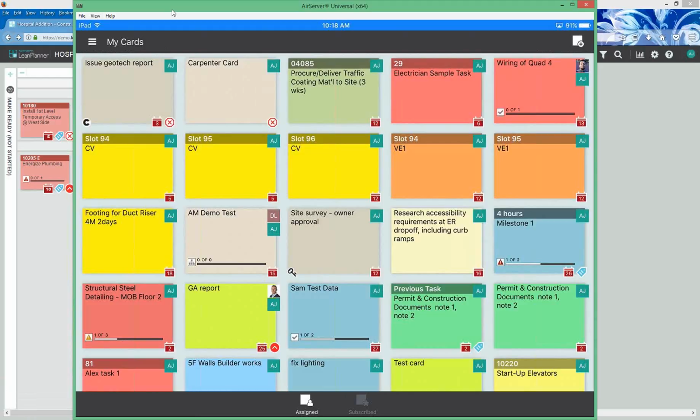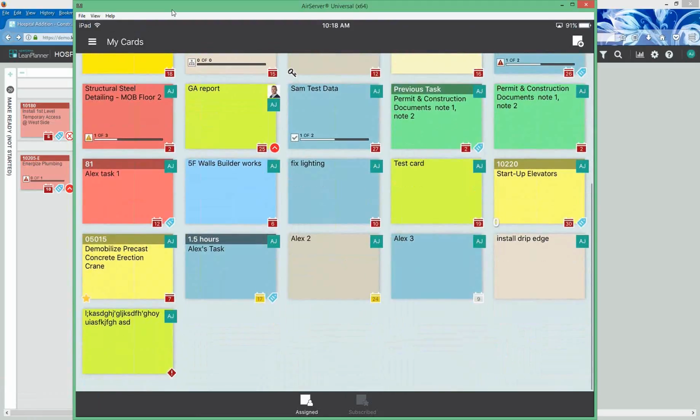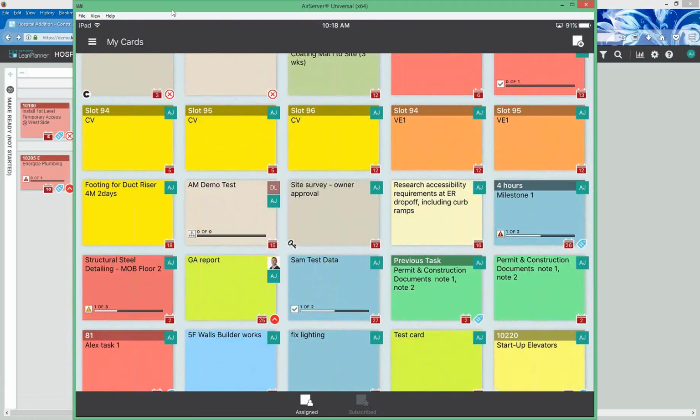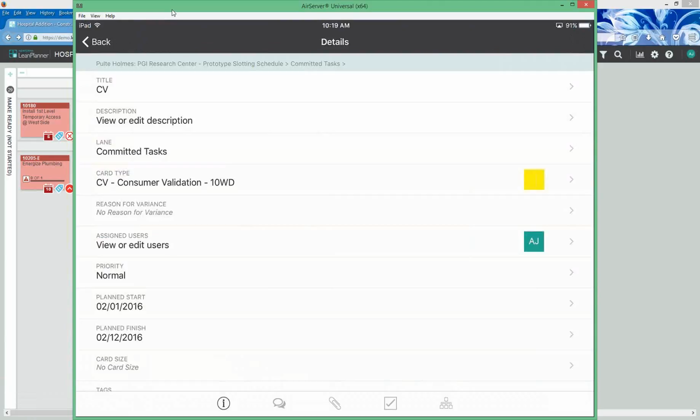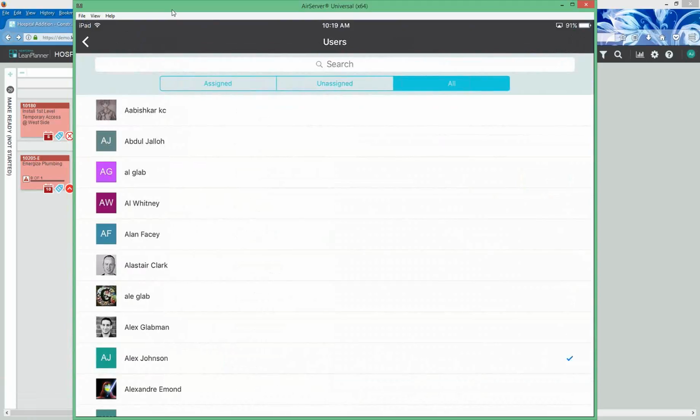The mobile app is much more individually focused, right? And so the really useful thing here is that it gives me the ability to look at all of the cards that I want to pay attention to, whether they're mine or somebody else's, right here in one spot, regardless of what board they're actually part of. And I can still open them up here. I can edit the details. It looks a little bit different than how it looks on the computer, but that's just because this is optimized for a touch interface instead of the mouse.